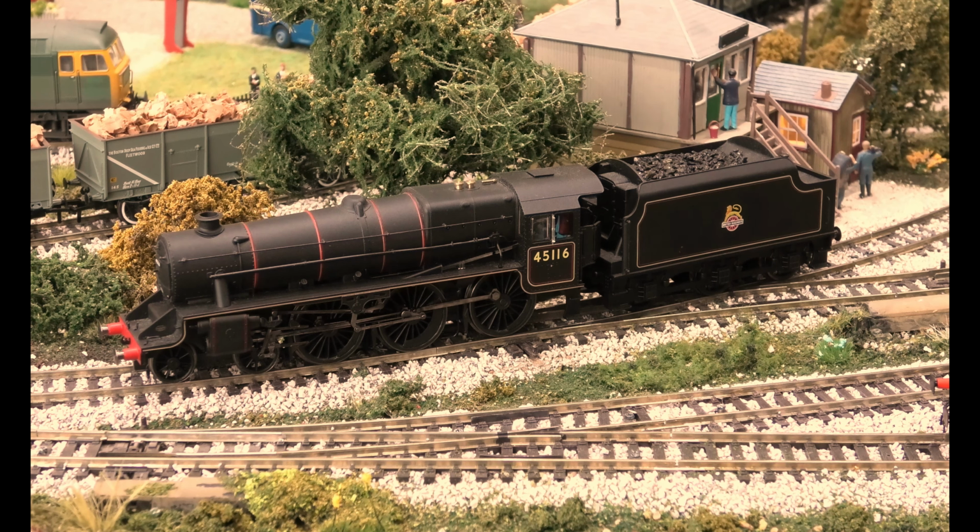We're going to run it in analog for a little while, and I will show you how you get it to run in analog. So when people tell you that you can only have DC or DCC on your layout, well, that's incorrect. People that tell you that TTS locomotives will not run in analog or DC, whatever you wish to call it, they are incorrect. And people that tell you you cannot run digital locomotives over insulfrog points are also incorrect, because these points are all Peco insulfrog points,